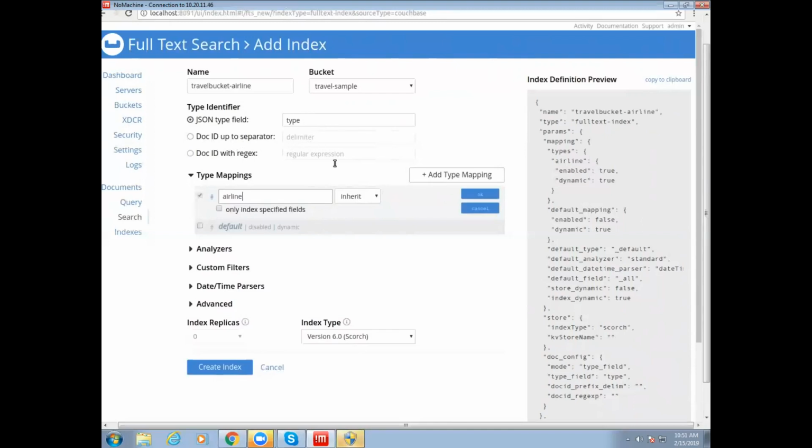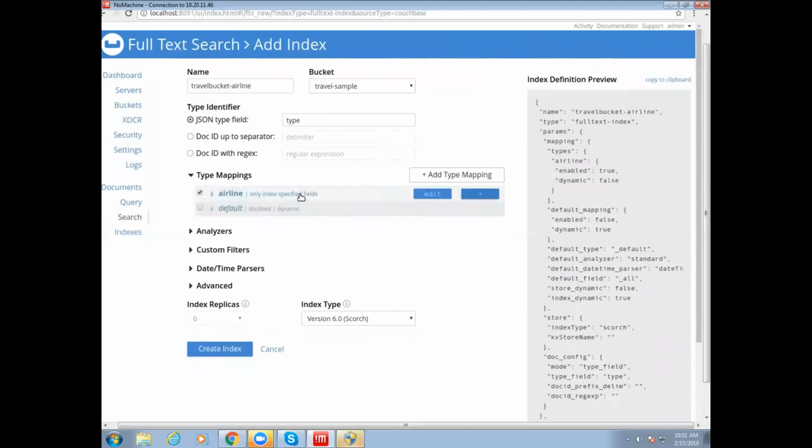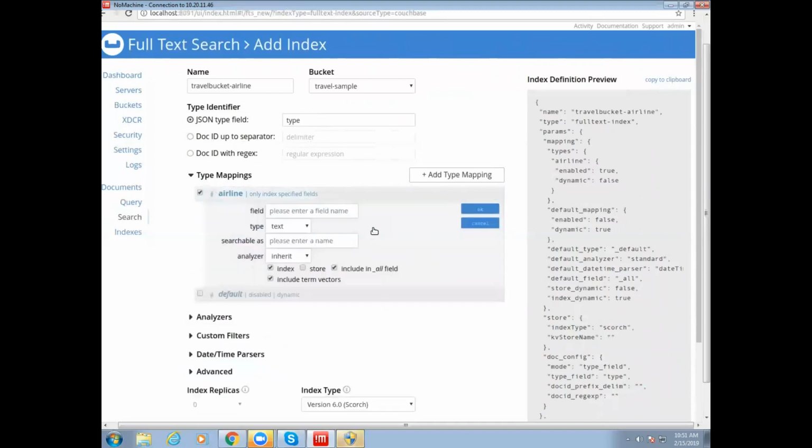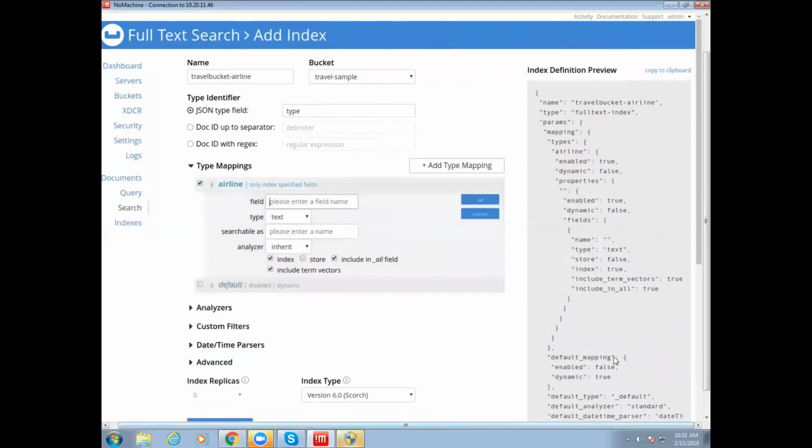Okay. For type, your type is airline. This one you can keep, and you want to specify the index specified fields. So you are indexing only the specified fields in this airline document type. Okay. Then what I'll do is I'll add the fields you need to index. So I'm inserting a child field. So what are the fields I want to index? Let's say